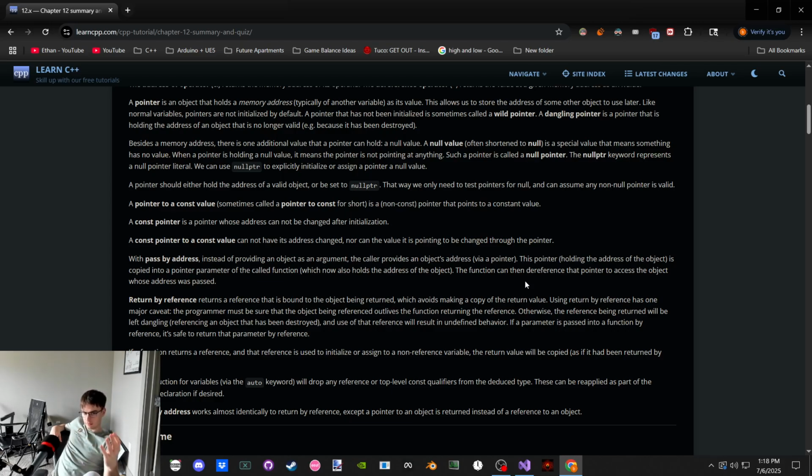Instead of just saying, hey, copy the address to a temporary. This is the expensive part. The address is cheap, but the actual value of the object, the value of the referent, is the expensive part. Yep.